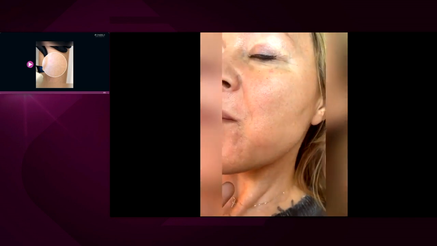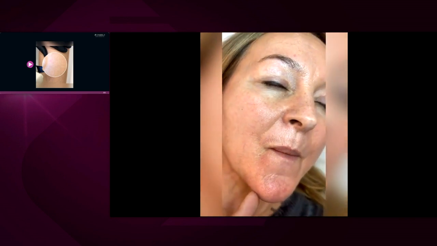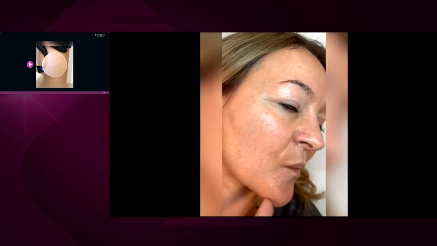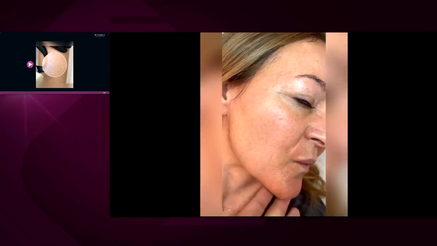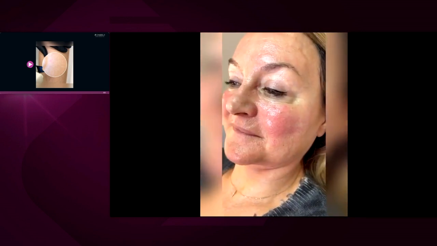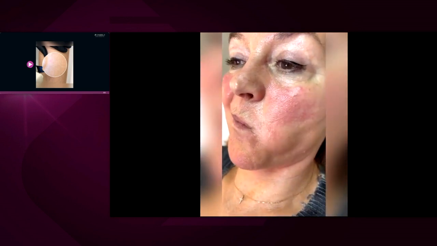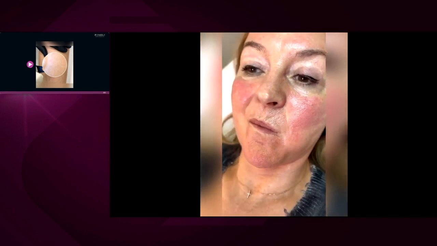Here we can show how it looks before and right after the treatment, with profuse erythema after the laser, without any visible telangiectasia at the end.